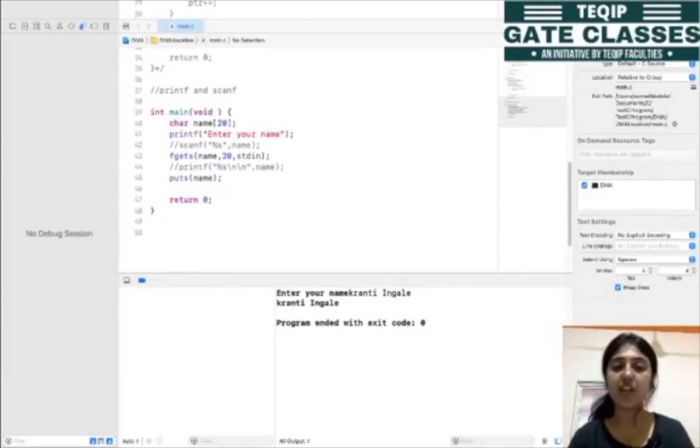printf and scanf are simple, but the scanf function has 2 problems. The first is that whatever string the user enters should not exceed the specified size. The second problem is that when we have multiple words, scanf is not able to read multi-word characters.